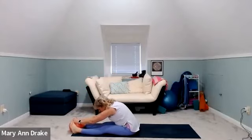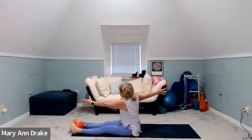Keeping that ball tight between the legs, come up straight and tall. Sweep the arms out to the side, breathe in. Exhale, turn either way, reach to the center, past the ball. Inhale, twist, reach right through the center,